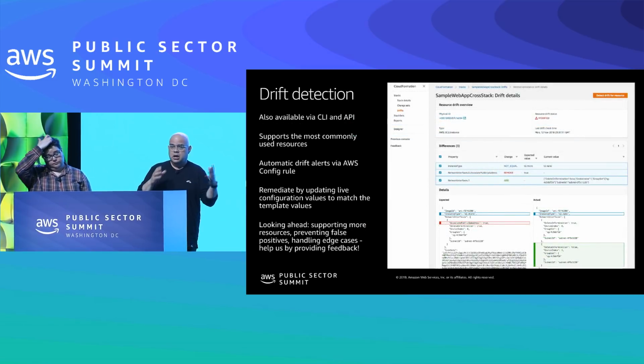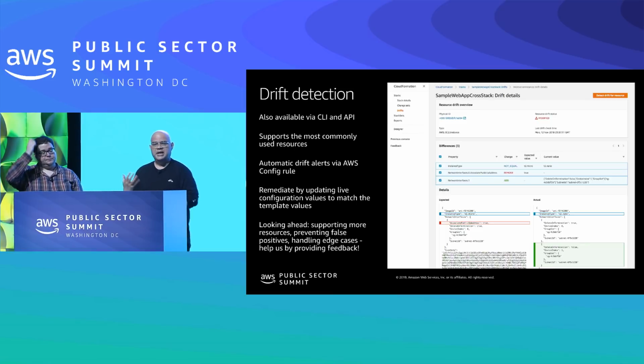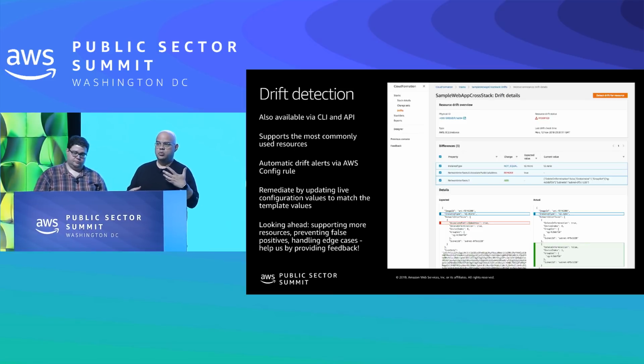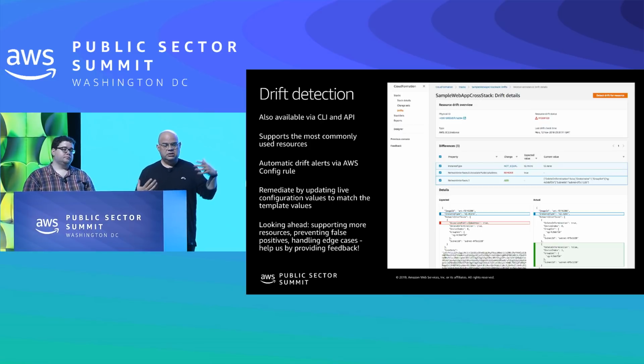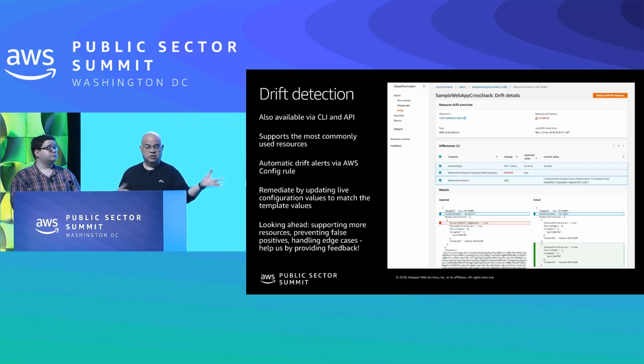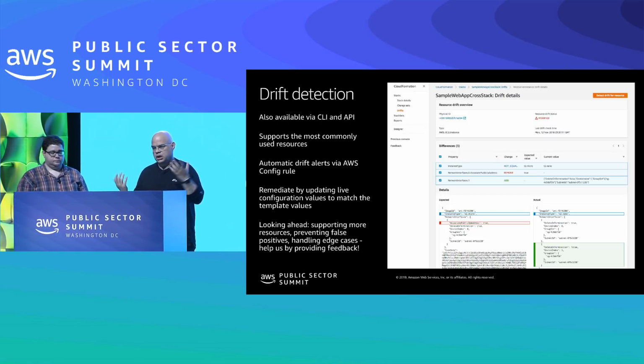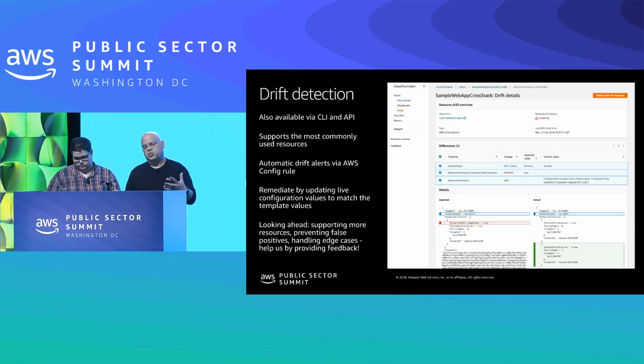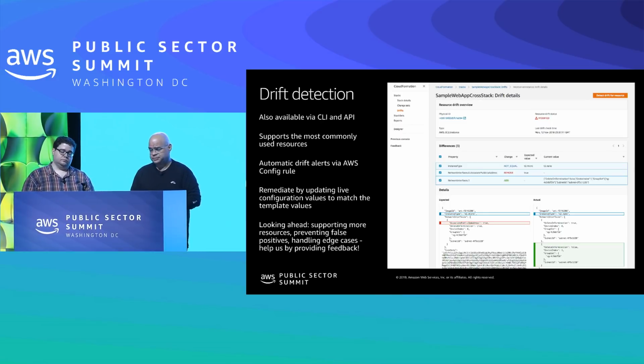How do we resolve it? In the future, we're hoping that we'll have some methods of remediation. We want to be very careful about doing that automatically, because imagine if you had a database or some storage that you had to increase from 200 gigabytes to half a terabyte or something like that. We don't want a remediation on drift to actually shrink that again. So a lot of our customers, we're going to be working with them on how to best do remediation in an easier fashion. But for now, we want to concentrate on doing really good detection.